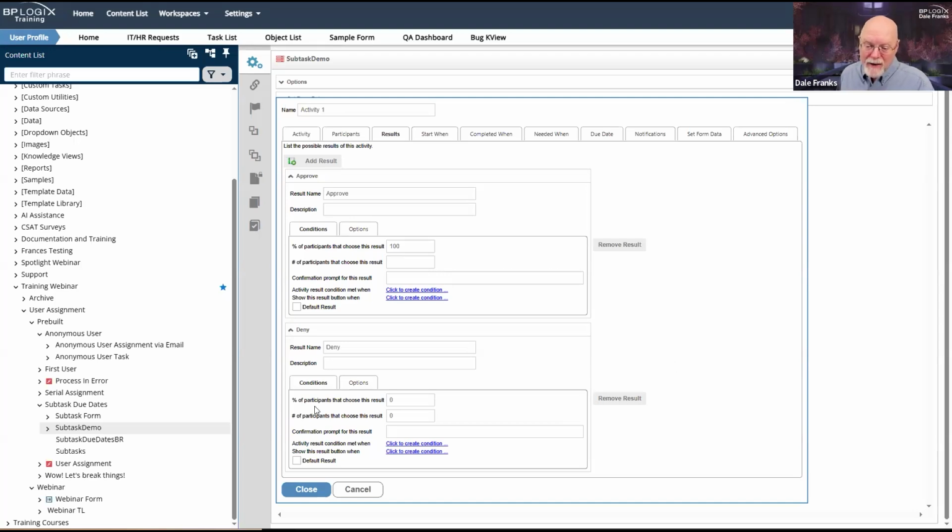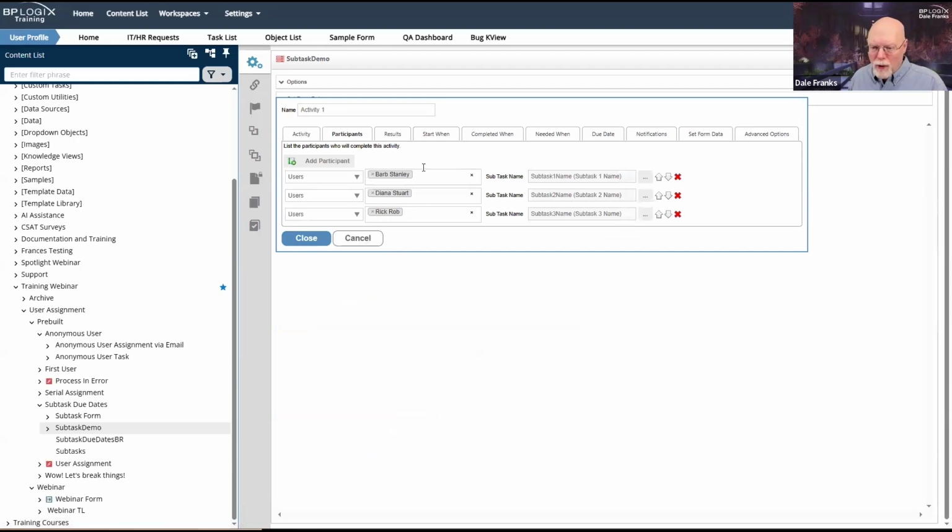And I can then come down here, and in this case, I would use number, and I would just say, okay, all I need is 1. If I get 1 deny, then this activity ends with deny as the result. So I have to be careful to come in here and make this configuration there if this is going to be my whole approval loop, and I'm going to have all 3 of these people do an approval.